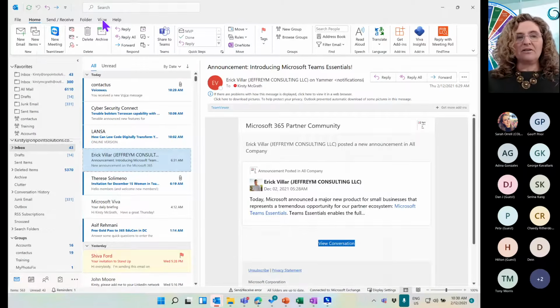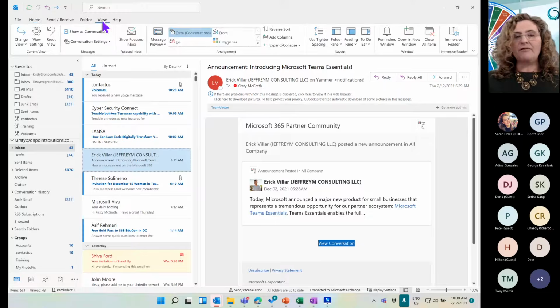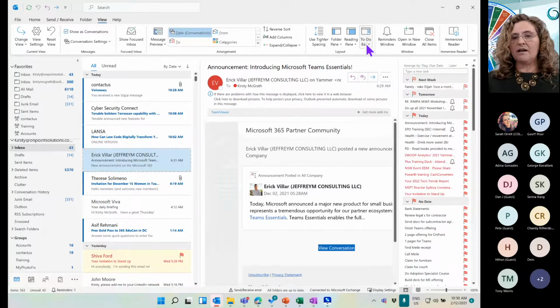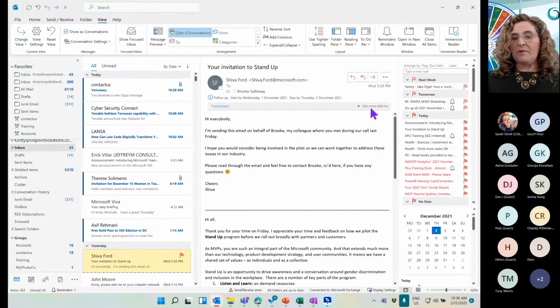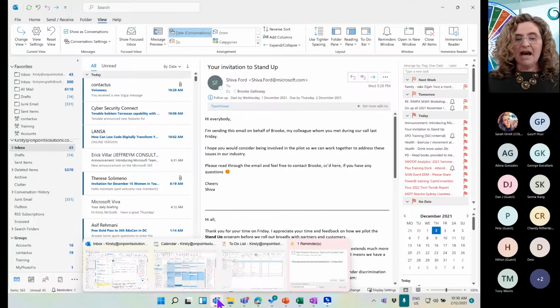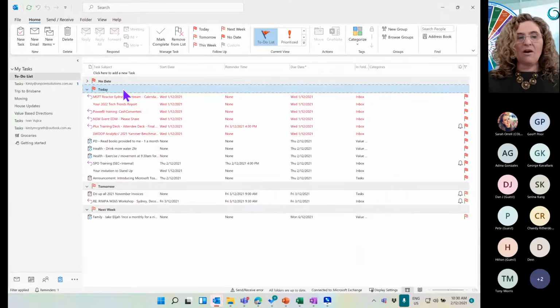Now, if I bring up my to-do list, so I could do this a variety of ways. On my view tab, I've got my to-do pane that I could put over on the right-hand side, along with my calendar to do drag and drops, for example. Now, I could have also done a drag and drop over to there. If I put it into today or tomorrow, it would directly drop in to wherever it is that I want it to go. Okay. So this allows me to then start to follow up and drop it in where I want it to be with a drag and drop. Quick and easy.